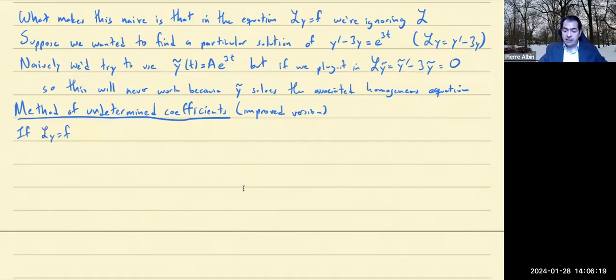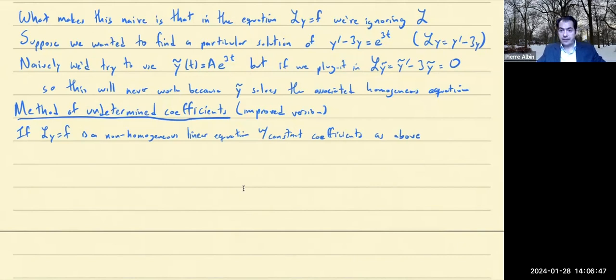If Ly equals F is a non-homogeneous linear equation with constant coefficients, as above, so F is still one of the kinds that we were looking for before, then to find a particular solution, use the naive guess for y